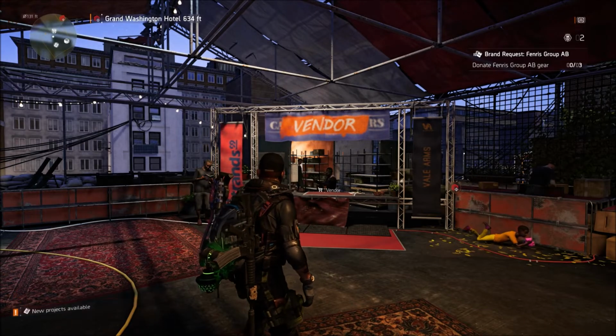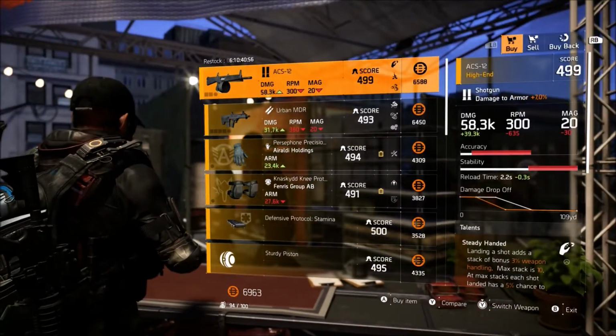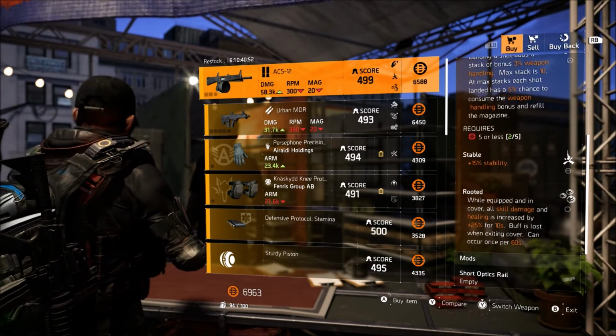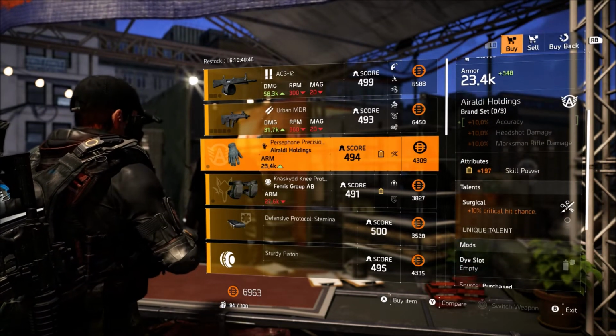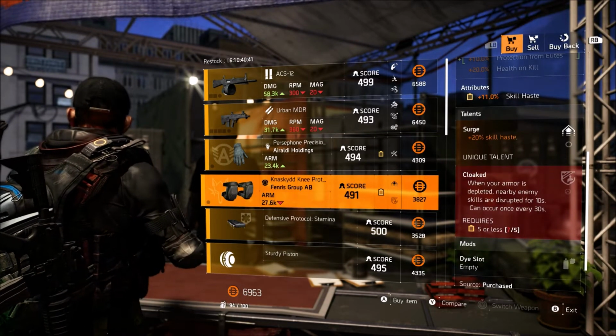Alright, the next stop is going to be the Theater Settlement. This week he's selling the ACS-12 shotgun with Steady Handed, Stable, and Rooted. An Urban MDR with Ranger, Accurate, and Transmission. Raleigh's holding gloves with Surgical and Skill Power. Fenris knee pads with Surge, Cloaked, and Skill